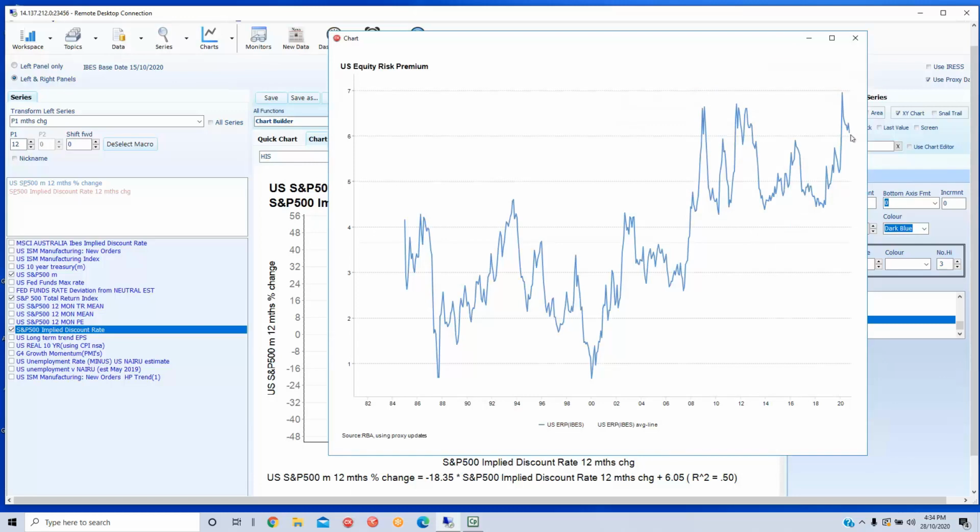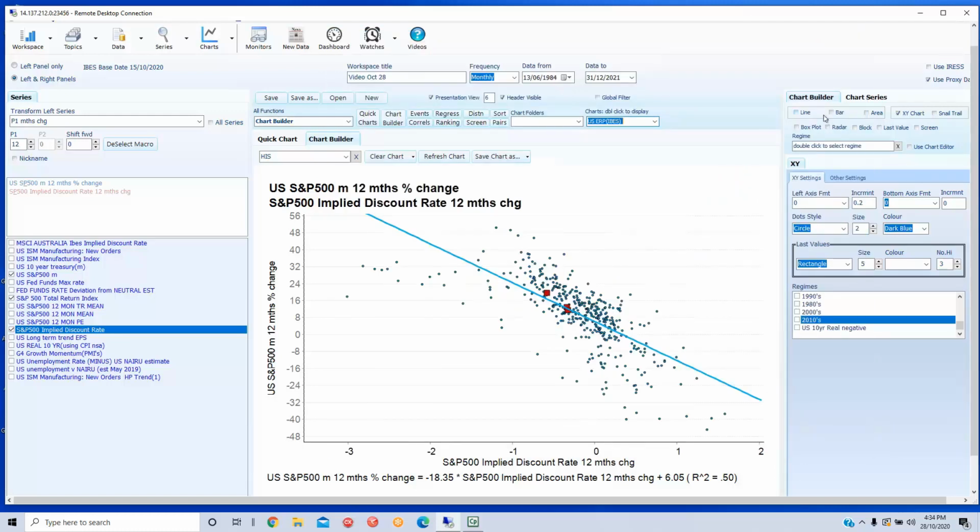So essentially what this would suggest is if you've got a 100 basis point decline in the equity risk premium, all other things being equal, it could potentially be associated with an 18% increase in the equity market. So that's the latest on